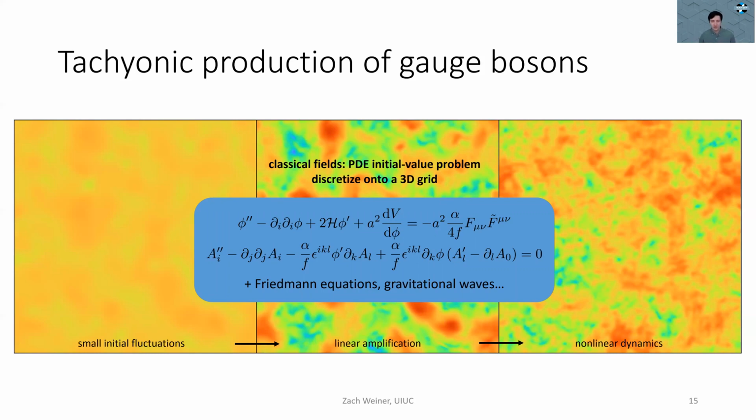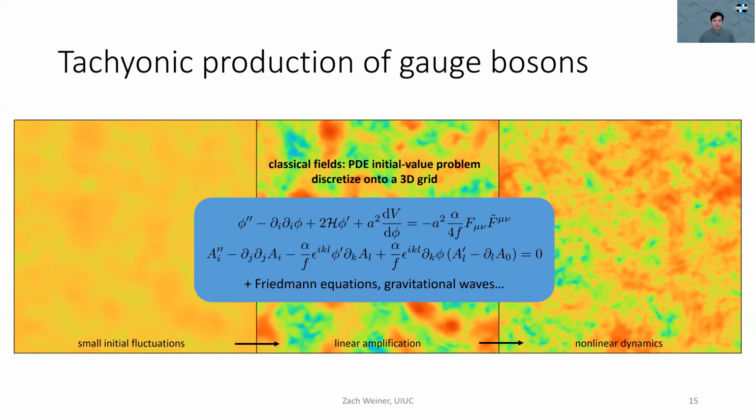Mathematically, that is just an initial value problem of partial differential equations, which we can get away with the most simple discretization onto a 3-dimensional grid and evolve in time. And here, for the model that I'm going to be specifying, are the full nonlinear equations in their horrific glory,